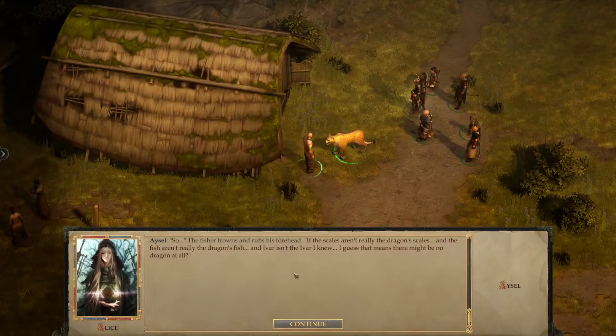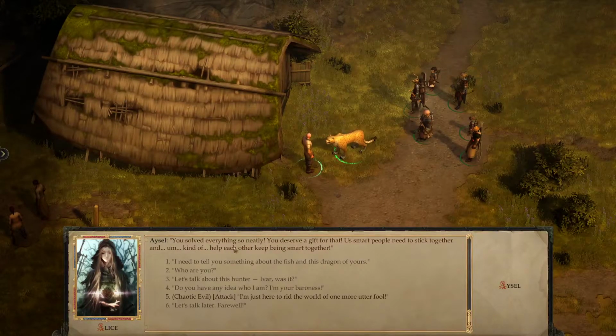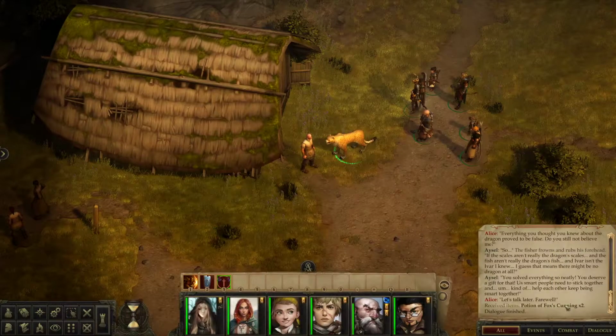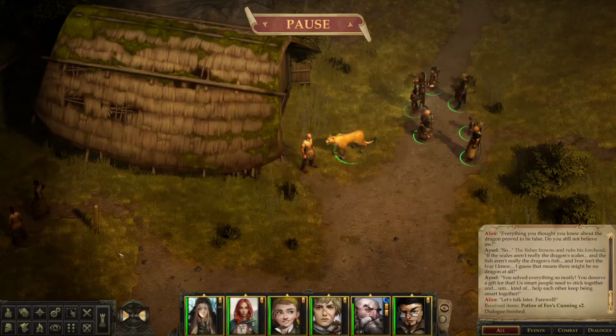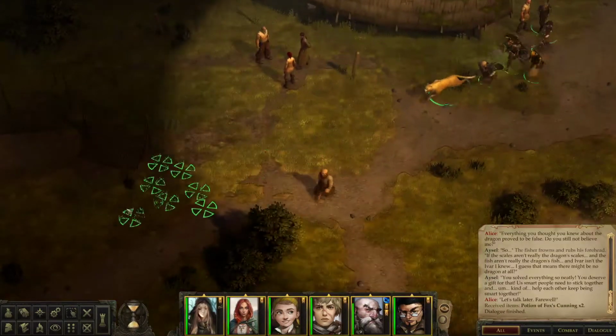He reassesses his beliefs. And if the scales aren't really dragon scales, and the fish aren't really the dragon's fish, and Ivar isn't the Ivar I knew, I guess that means there might be no dragon at all. And, yeah, you solved everything so neatly. You deserve a gift. Us smart people need to stick together and help each other being smart together. And that's it. There, we get the enormous reward of 2 potions of Fox's Cunning, which are thematically fitting, but perhaps not